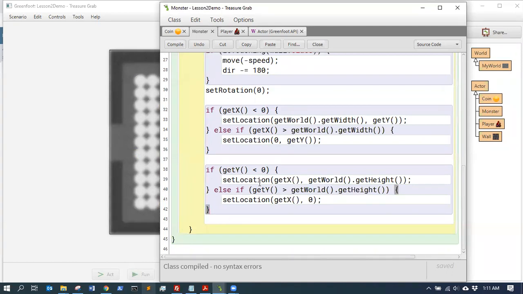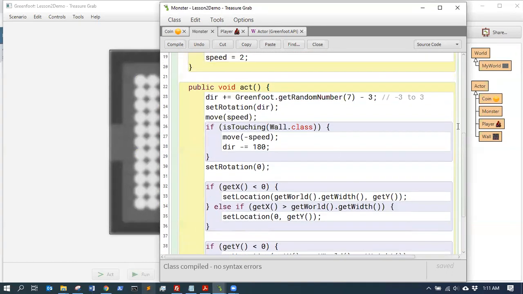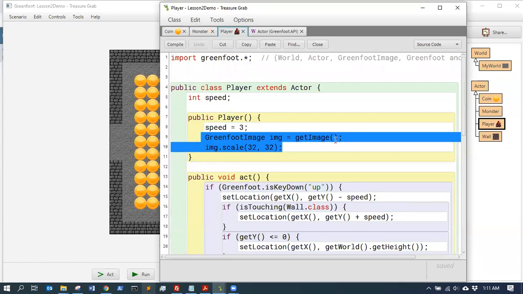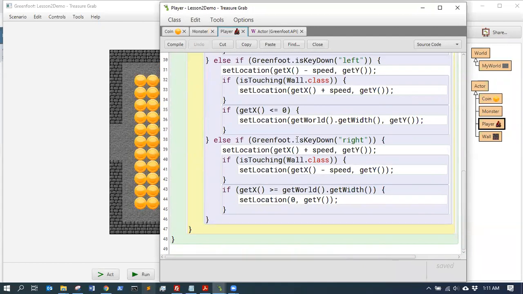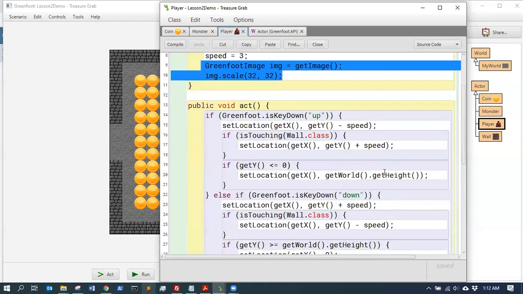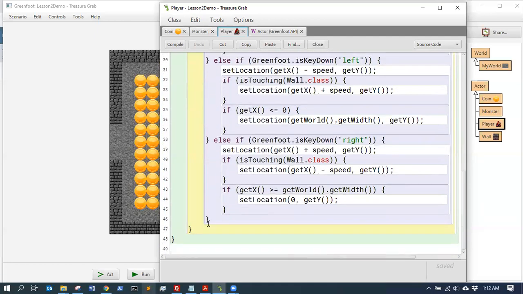And for the touching, you have a choice, right? You can either have the player checking to see if it's touching a monster, or you can have the monster checking to see if it's touching a player. Since the monster isn't actually going to do any action when he touches the player, it's only the player that's going to do the action, namely dying. I'm actually thinking that it'd be better to have that in the player. Okay, so in the player right here,